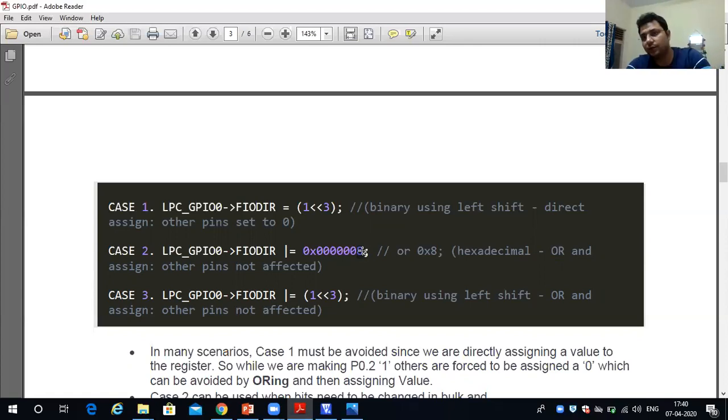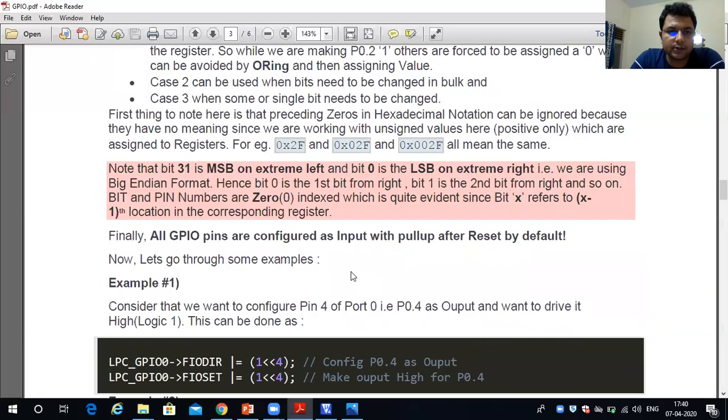So the third position will find the value 1 after the execution of this instruction. In any of these ways, you can use any of these ways to write the corresponding value which you want. That is one thing. In the second case,